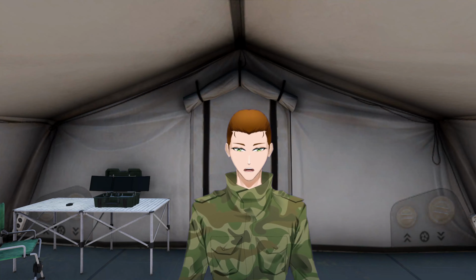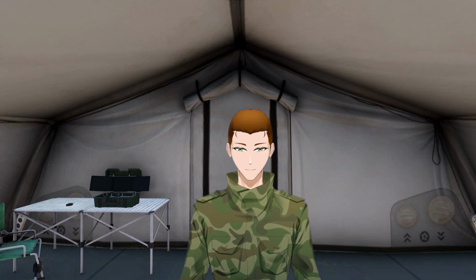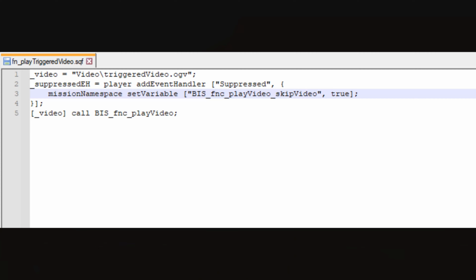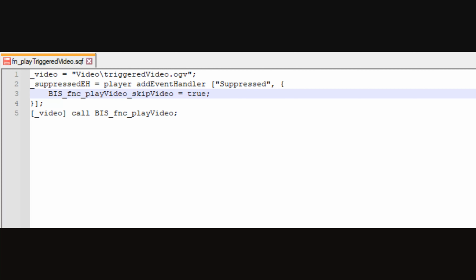Take a note. I mentioned earlier that the mission namespace is the default namespace for global variables, meaning you don't need to use this command to set the variable BIS_fnc_playVideo_skipVideo to be active and true. You can define this variable by using this setup: BIS_fnc_playVideo_skipVideo = true;